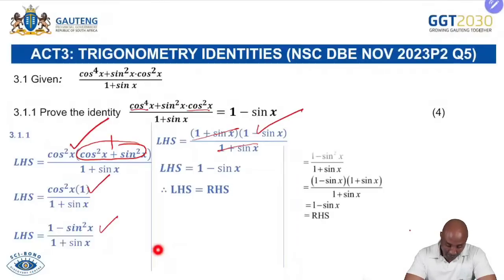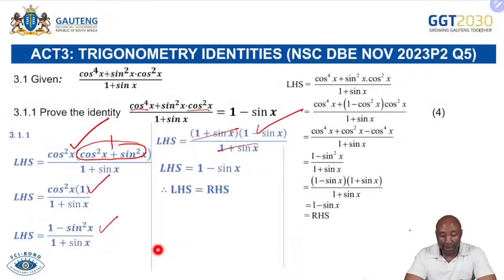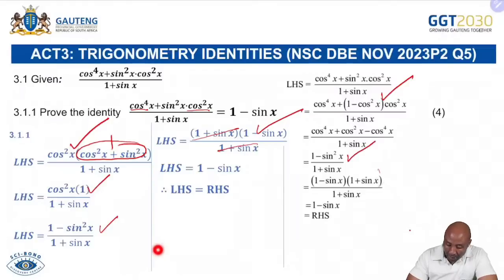Moving forward, the next one. This is the other alternative that we can use, where for the identity of sine squared, we use 1 minus cos squared. Because there's a plus, you multiply before addition, and we get cos squared x minus cos exponent 4. These are like terms, they will give us 0, and we remain with cos squared x. We substitute its identity, we factorize, so we substituted that one, we got that one, we factorized, and we are able to get